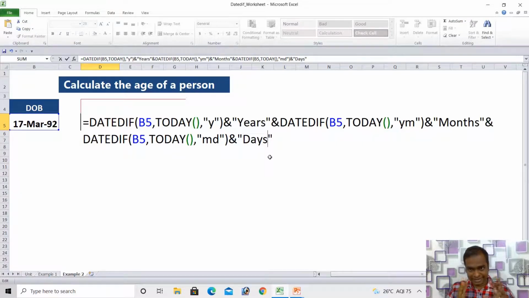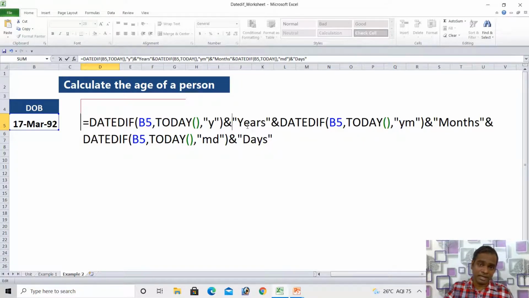So three formulas are used. One formula finds the number of years from the date of birth to today, another uses the YM code to get the number of months, and another gives the number of days. It's looking very complicated, but if you understand, it's easy to write.